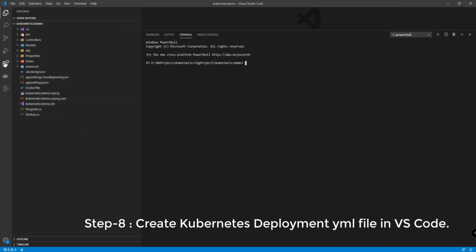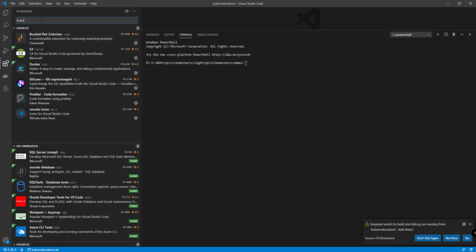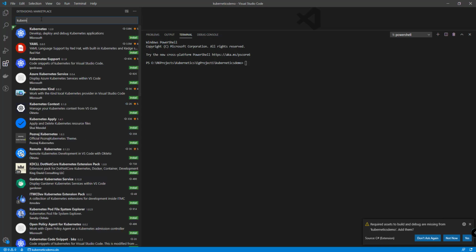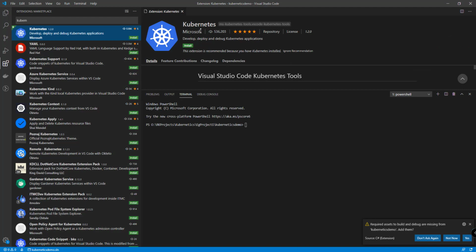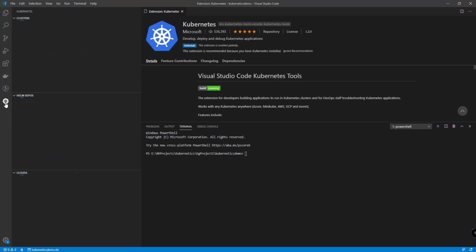Now go to extensions. To make things easier, we will install the Kubernetes extension. Let us install this extension to our Visual Studio Code. So the extension is successfully installed.